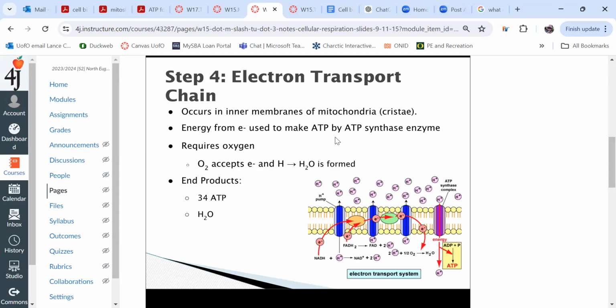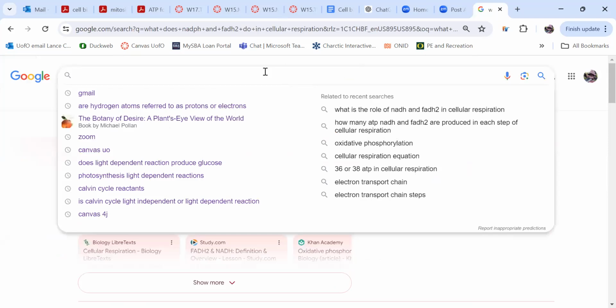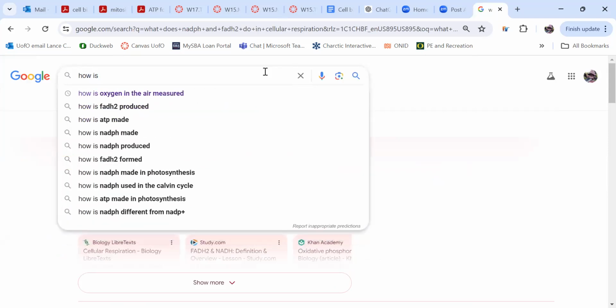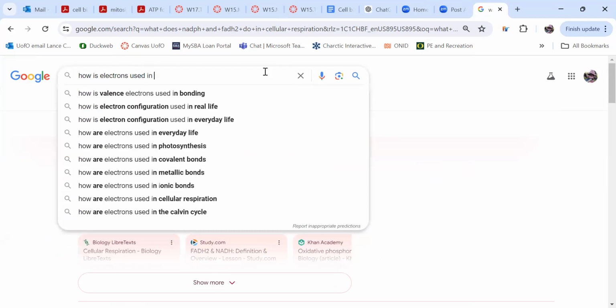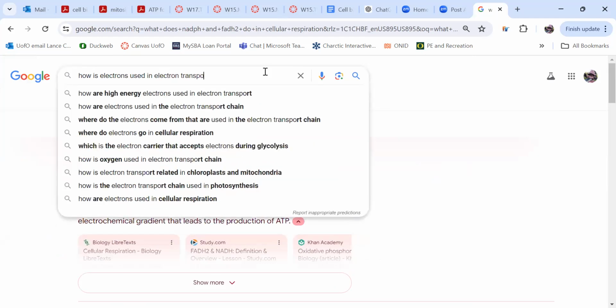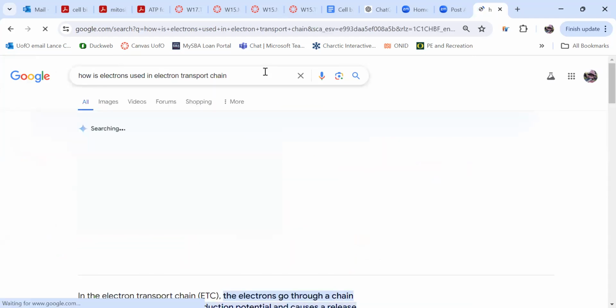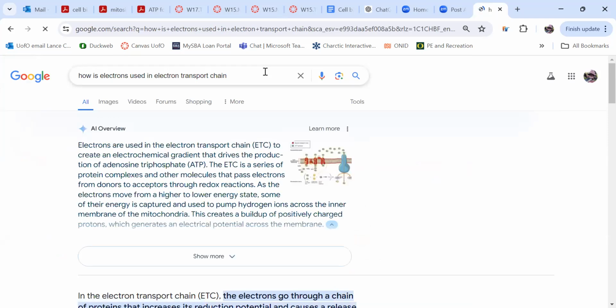Energy from electrons used to make ATP. Okay. So how are electrons used in the transport chain? Electrons are used in the electron transport chain to create an electrochemical gradient that drives the production of adenosine triphosphate. The electron transport chain is a series of protein complexes and other molecules that pass electrons from donors to acceptors